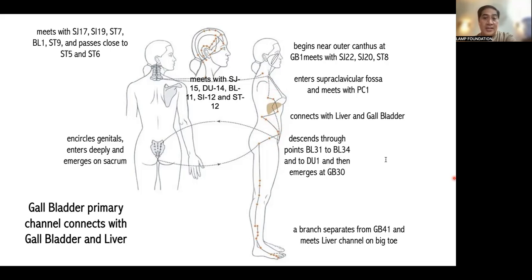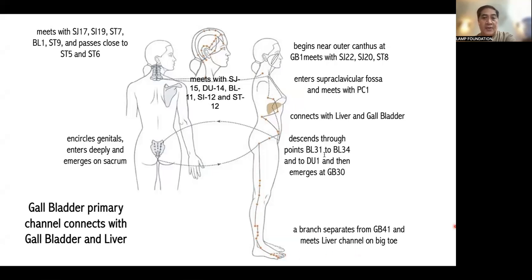Then this branch descends to the hip joint and then continues down the lateral side of the thigh, no? Okay, and the knee. Then it passes along the anterior aspect of the fibula to its lower end. So here it crosses in front of the lateral malleolus and traverses the dorsum of the foot, entering the seam between the 4th and 5th metatarsal bones before terminating at the lateral side of the tip of the 4th toe